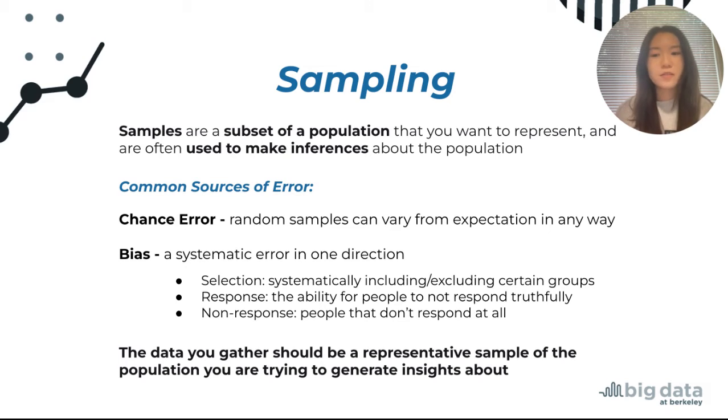One type of error is called chance error, and this is when random samples can vary from expectation in any way. Another error is bias, which is a systematic error in one direction. There are different types of biases, which consist of selection bias, response bias, and non-response bias. Selection bias is systematically including or excluding certain groups. Response bias is the tendency for people to not respond truthfully, and non-response bias is for people that don't respond at all. So the data that you gather should be a representative sample of the population you're trying to generate